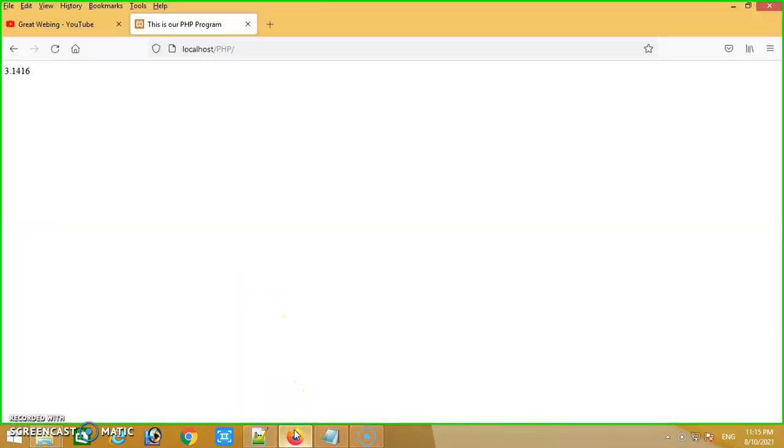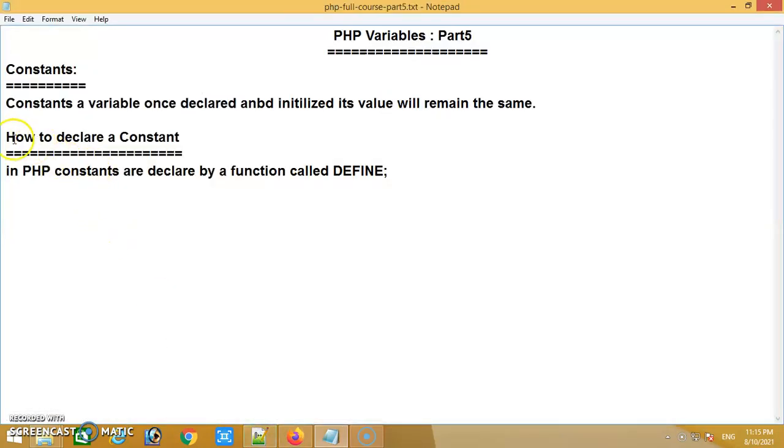Now I'll move to a new topic, which is variable scope. I am writing here variable scope.